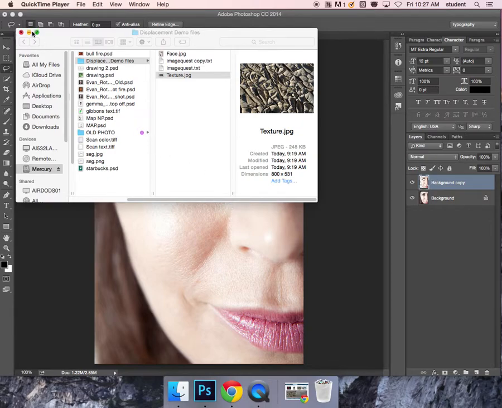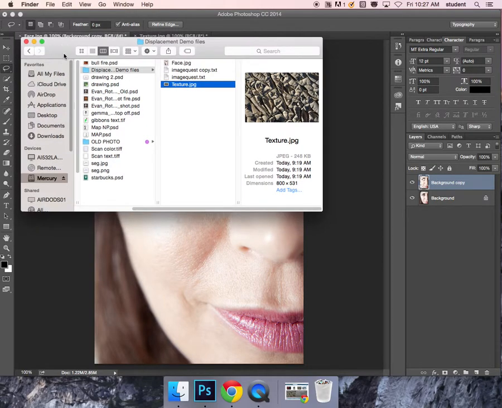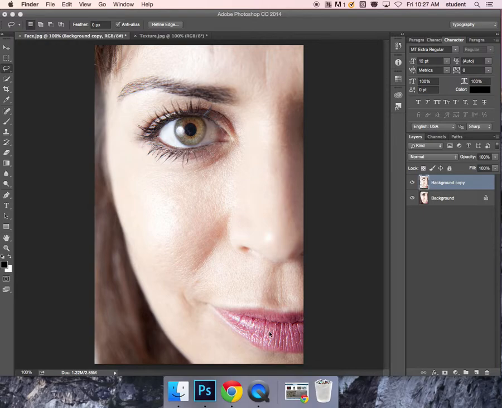Okay, so we're going to do a demo on how to do a displacement map using texture to overlay on a face. So I've taken a face and I have some texture here that I'm going to use to work with. So I have my face in the image here, and what I've gone and done is created